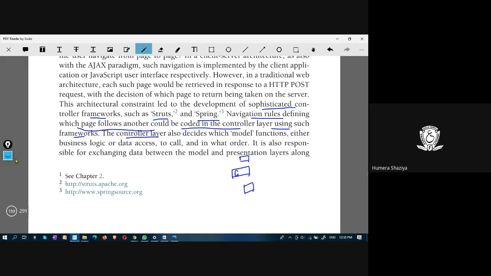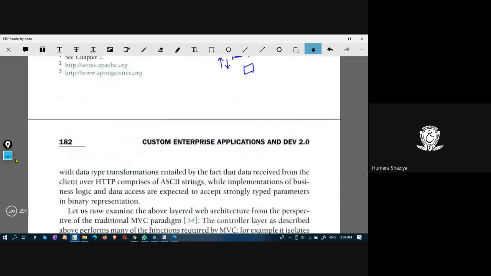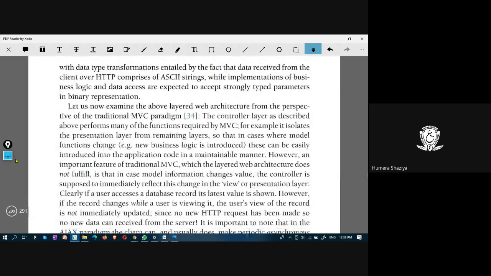This controller is the one which decides when to take data from the view, when to store data to the model, when to take data from the model, when to supply the data to the view. These are all decisions taken by the controller. And the new controllers implemented are Struts and Spring.